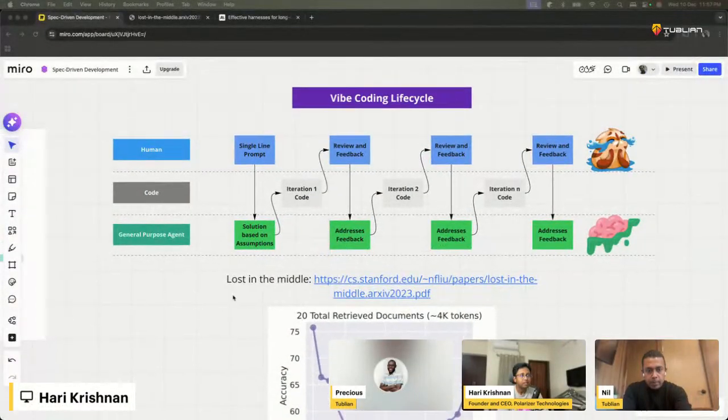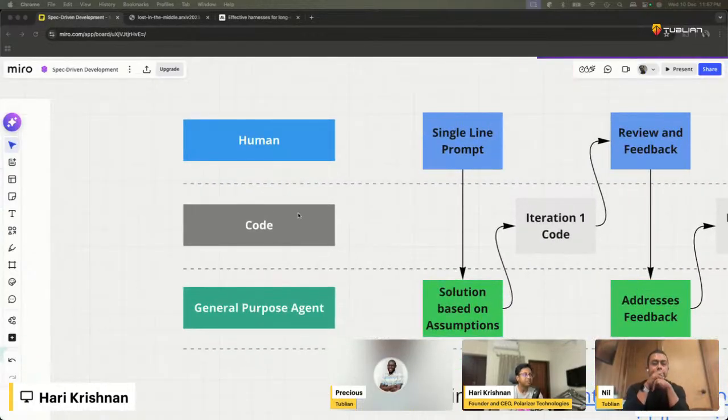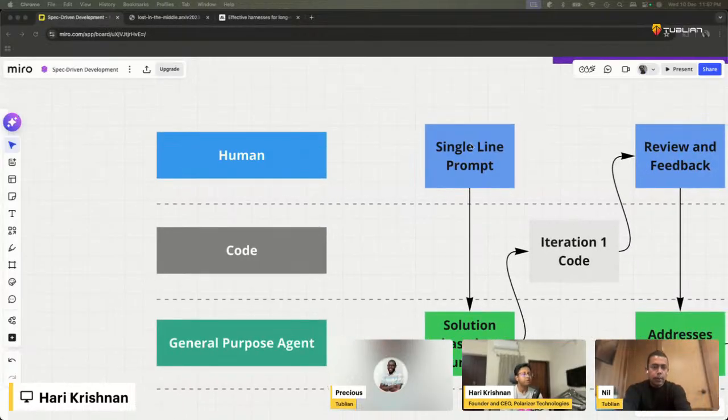Okay. So a typical vibe coding workflow involves three pieces. I have a human and a general purpose agent like Claude Code or Codex CLI, pick your poison. And you have the primary artifact, which is the code itself you're writing. Typically you start off with a single line prompt, or maybe a little bit more if you're disciplined about it, like how Nilanjan and I were discussing. You could use a plan mode and create a longer to-do list, but there are still assumptions